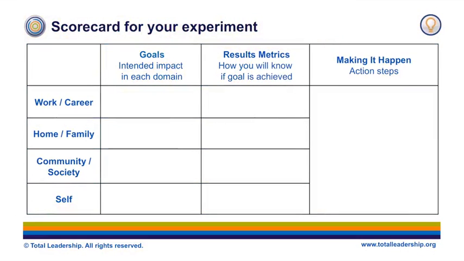An example of direct impact would be organizing a group of work colleagues to volunteer as coaches for a sport at an elementary school where your children are enrolled. You can see that this would be a direct intended impact on all 4 domains. Work, through meaningful connections with your colleagues. Family, through quality time with your children. Community, by helping the school. And self, through better physical fitness.